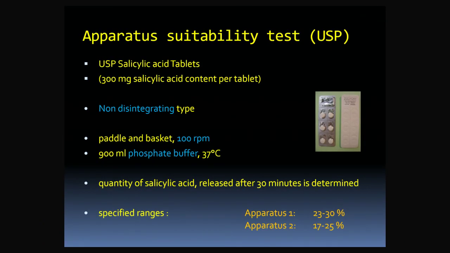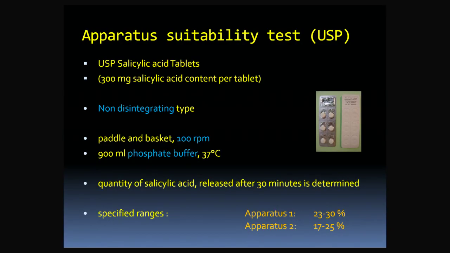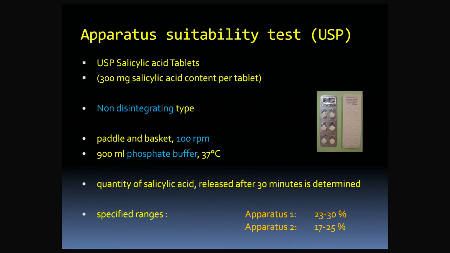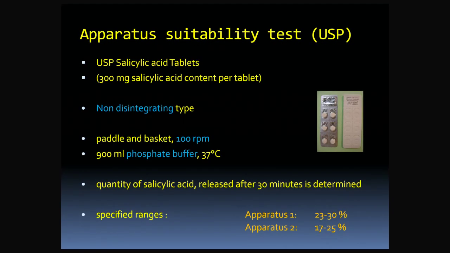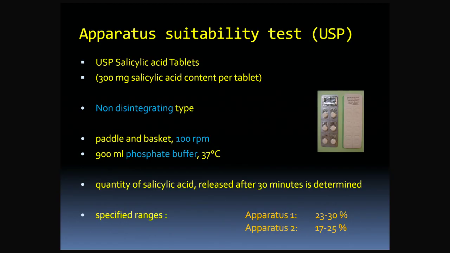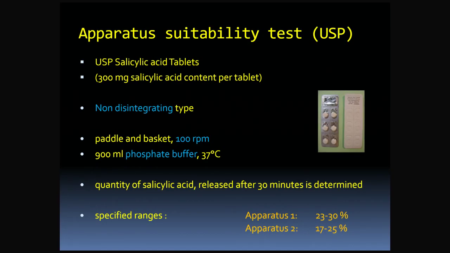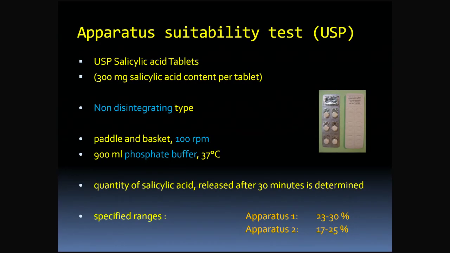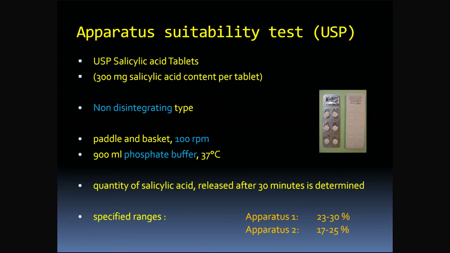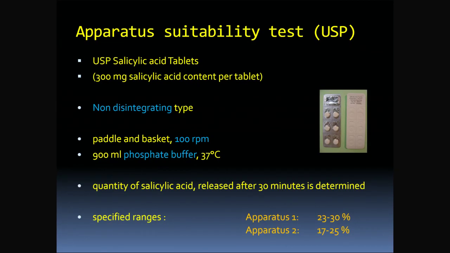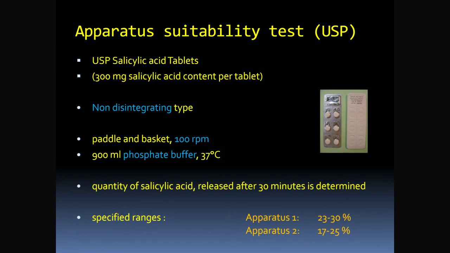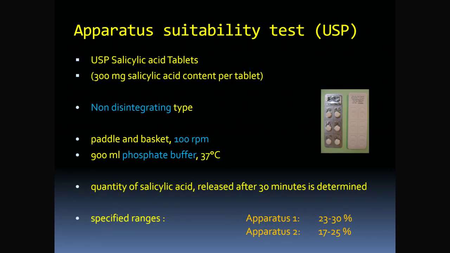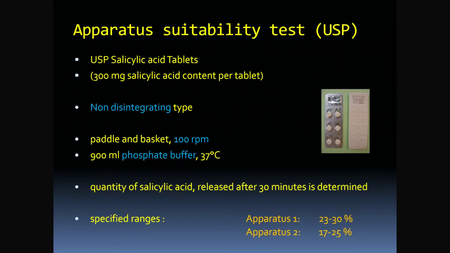We finalize the validation process using 300 mg USP salicylic acid tablets, which function as non-disintegrating calibrators to detect mechanical vibrations and misalignments through steady-state surface erosion. To execute this check, we increase the rotational velocity to a rigorous 100 RPM within 900 milliliters of phosphate buffer, while maintaining the standard thermal equilibrium of 37 degrees Celsius. Your success hinges on the percentage of mass released at exactly 30 minutes, which must mathematically align with the narrow windows of 23 to 30